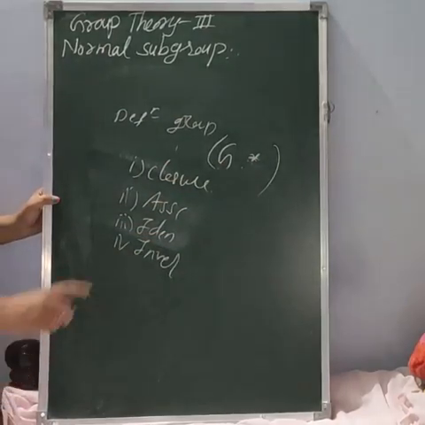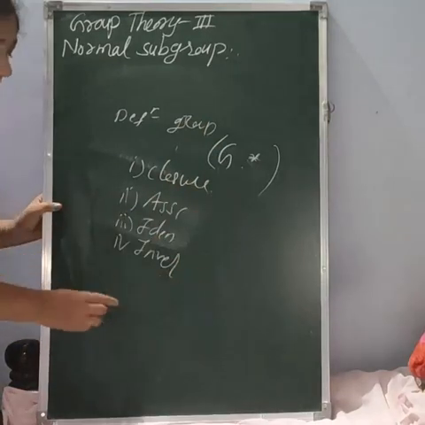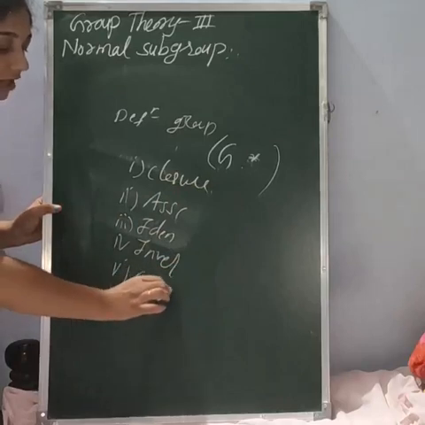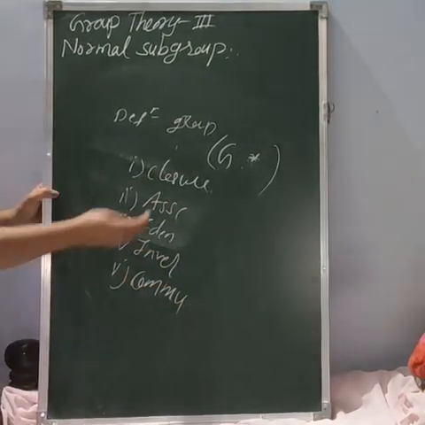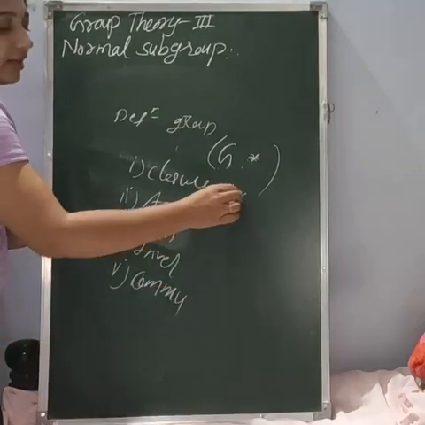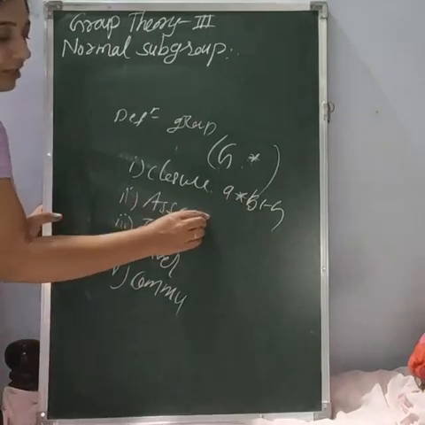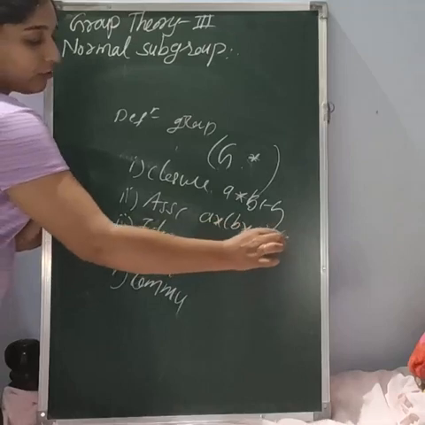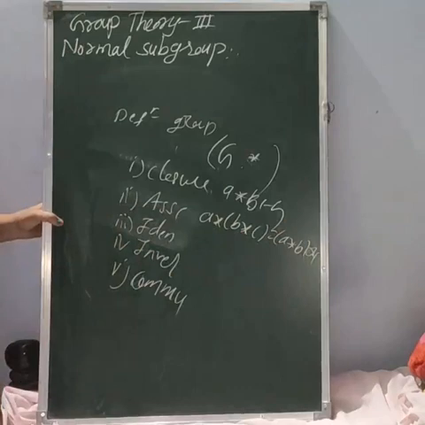Now, it is an abelian group if, together with all these four laws, it also satisfies the commutative law. Then we can say G star is an abelian group. You know what the closure law is. If you take any two elements a, b belonging to G, then we want a star b also to belong to G. If you take any three elements, then we want a star b star c to be equal to a star (b star c) in bracket. That is nothing but the associative law.